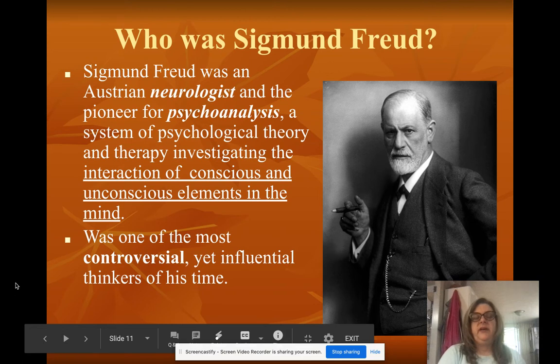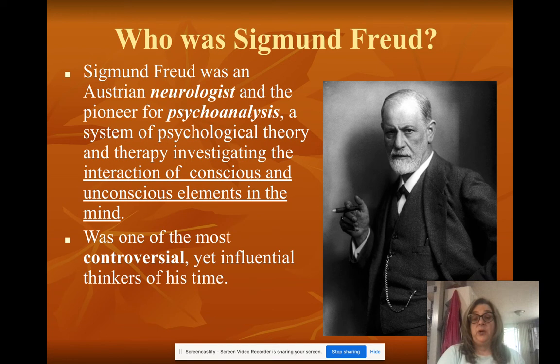Freud was a very controversial figure. He was Austrian. He was a neurologist, meaning he dealt with things dealing with the nerves and the brain. And he created something called psychoanalysis, which is what we typically think of when we think of somebody going to a therapist or a psychiatrist. The whole theory of lying back on the couch and telling your story from the very beginning when you were a child coming up to an adult. That was all pioneered by Sigmund Freud. He was born in the late 19th century and practiced in the early 20th century. So we're talking early 1900s.